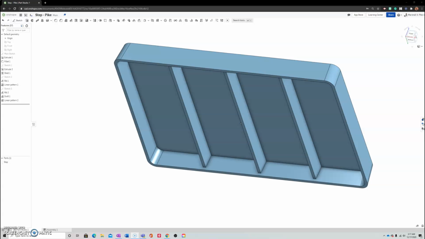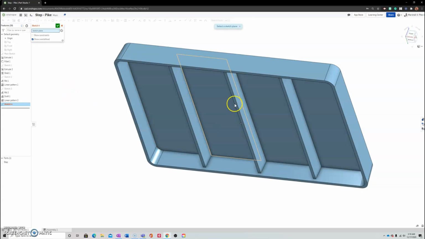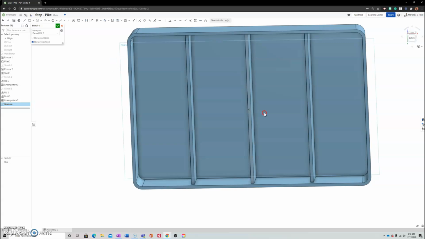Okay, welcome back to part 6 of the step, where we will be adding the next 2 ribs that will run perpendicular to the 3 ribs that we put on the bottom in the previous video. So we're going to want to add a sketch. So Shift S, and you're going to want to add it to this plane here, to the face of the rib